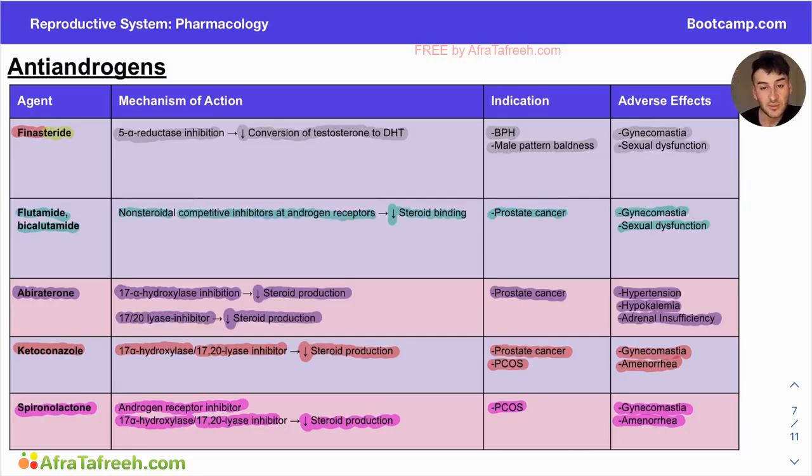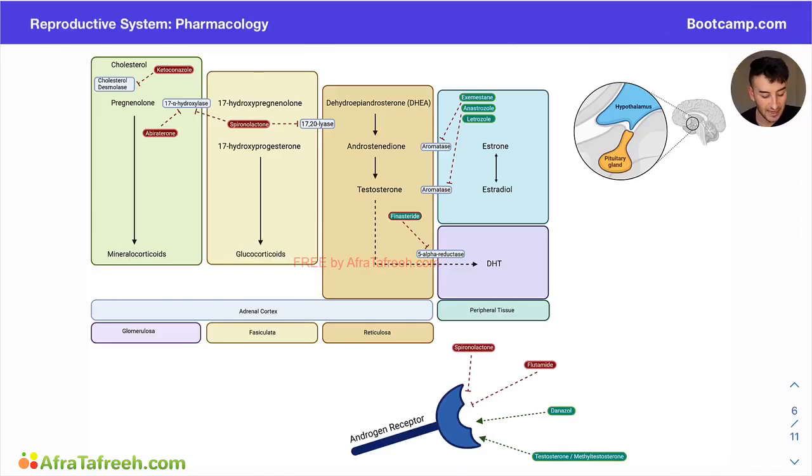So the important things when it comes to talking about androgen agonism and antagonism is understanding this diagram. If you can understand the diagram and the whole flow from steroid precursors to androgens to estrogens, and then understanding where androgens execute their effects throughout the body, then you can go ahead and start applying our different pharmacologic options into this pathway and seeing how they are going to change physiology and pathophysiology in terms of disease. So rather than memorize what each of these drugs does, I would understand where they fit into this overarching schema, and this will allow you to get a lot more questions right because you won't have to memorize anything. It will just be about understanding and applying your knowledge.